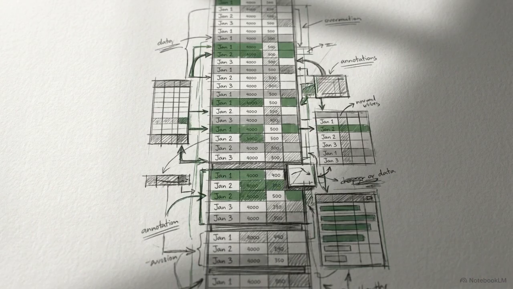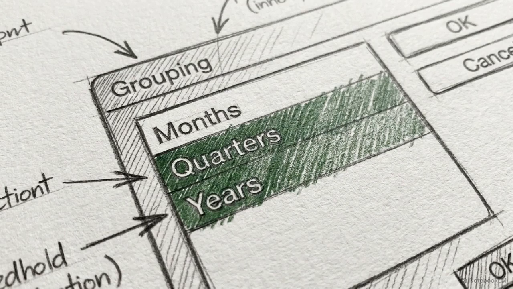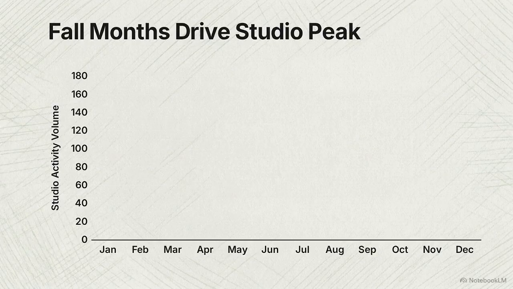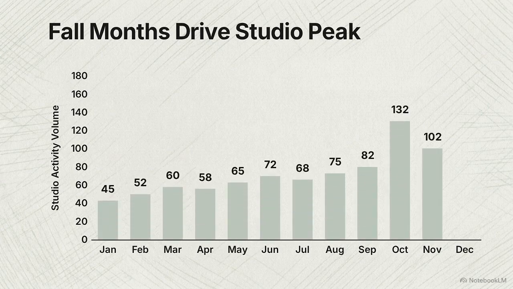Initially, this creates a cluttered list, as Excel tries to display every individual date a sale occurred throughout the year. To clean this up, right-click any date in your table, select Group, and click Months. The individual dates consolidate into a single monthly total. You can use the same menu to group your sales data by fiscal quarters or even entire years. This grouping allows you to identify which months of the year see the highest studio activity without having to calculate